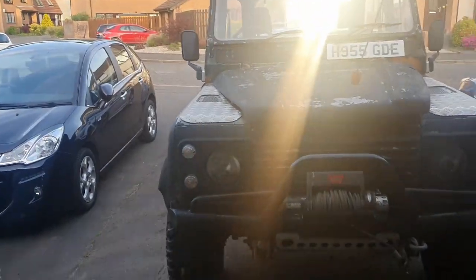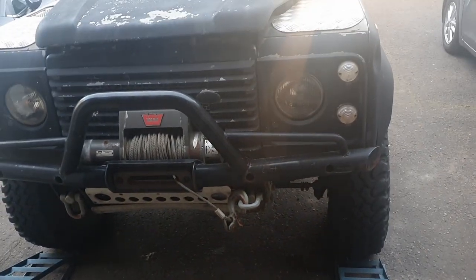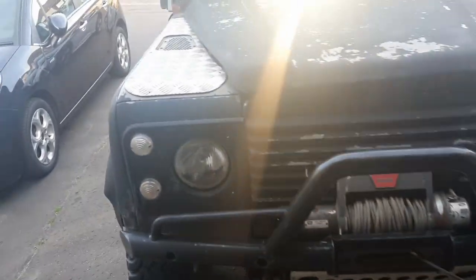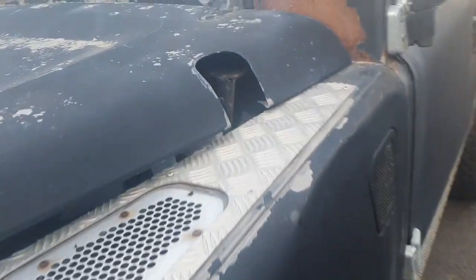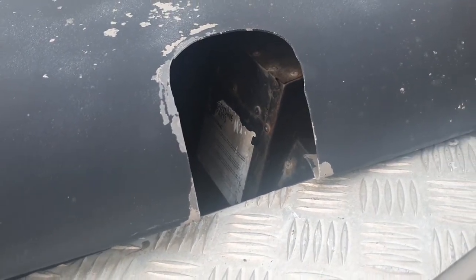Well, a few hours later, it's my purchase. Not regretting it at all yet, or am I? Noticed a few things, namely this massive freaking hole in the bonnet. So, I mean, the bonnet's not in great shape anyway, to be fair. Might have to just